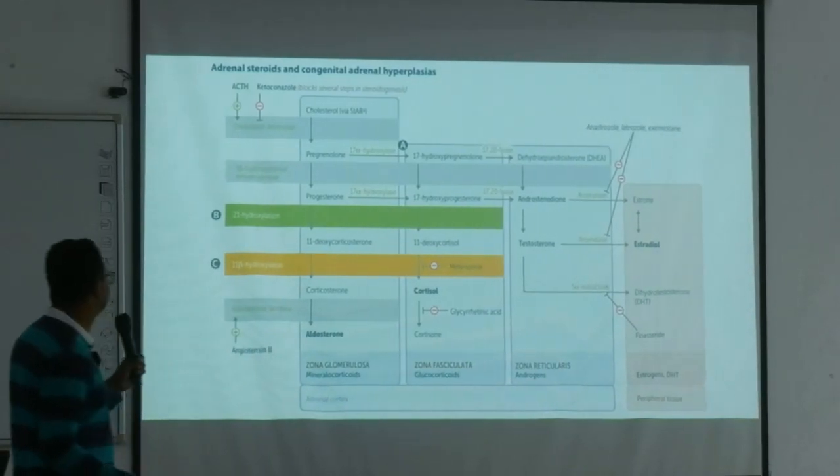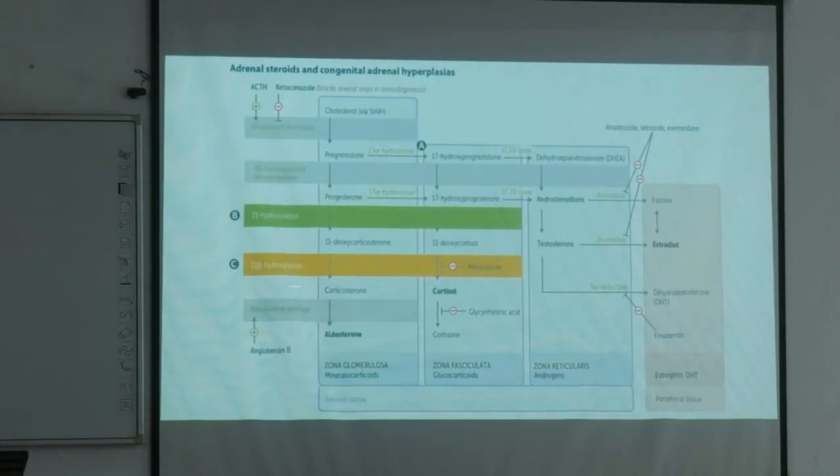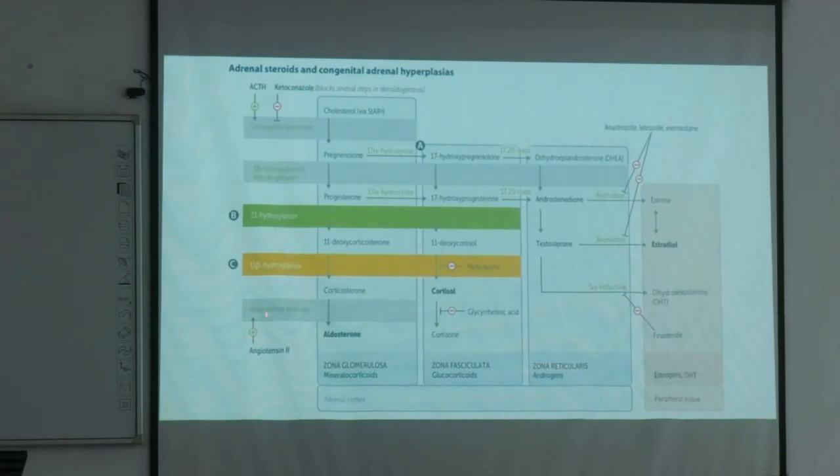অ্যালডোস্টেরন সিনথেজ। দেখেছিস? অ্যাঞ্জিওটেনসিন 2 স্টিমুলেট করছে, লেখা আছে। ওকে, এটা কিন্তু আগের ক্লাস।